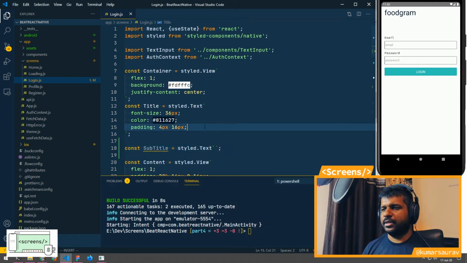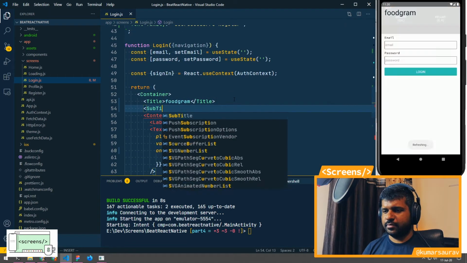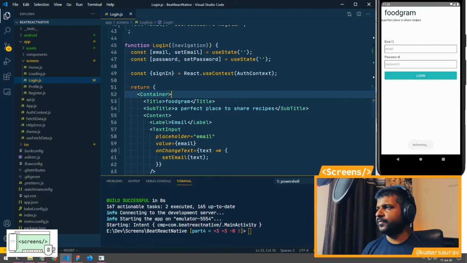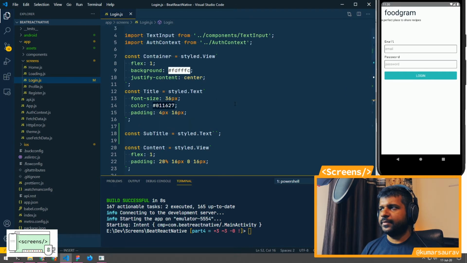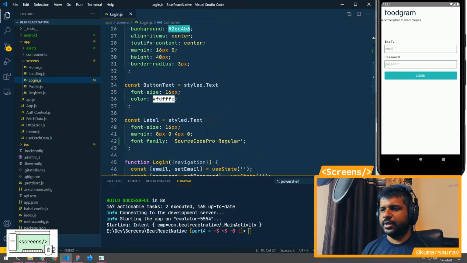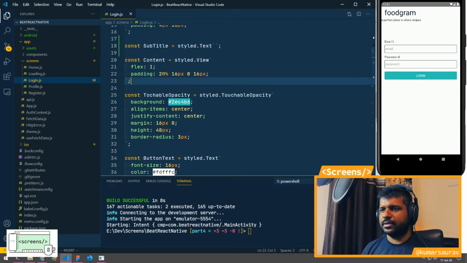Okay, and this is the subtitle. What we'll do is remove the padding which we gave for the content. Okay, so let's get rid of this.